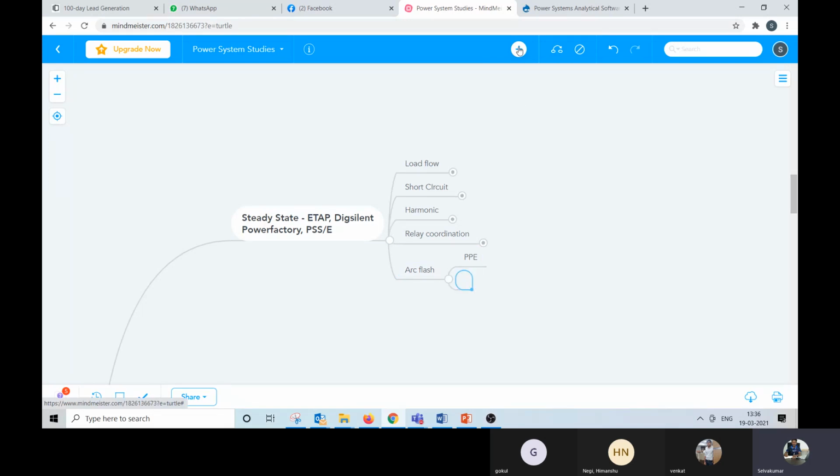So it gives the incident energy of the system, and that is decided from the short circuit current and the relay operating time.